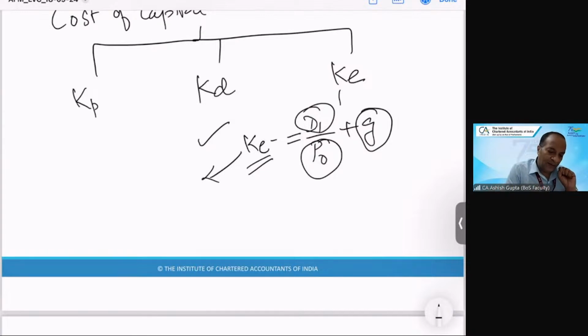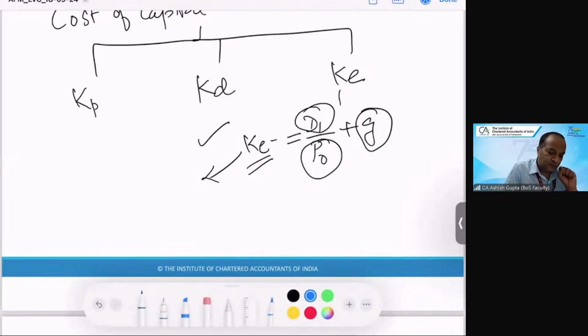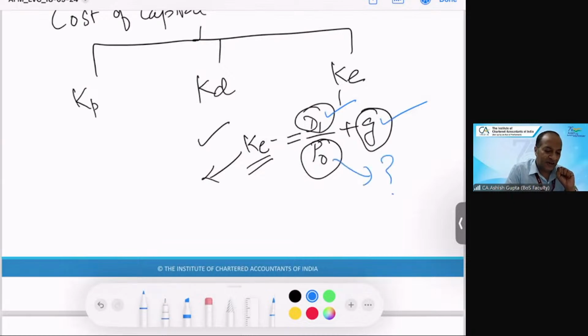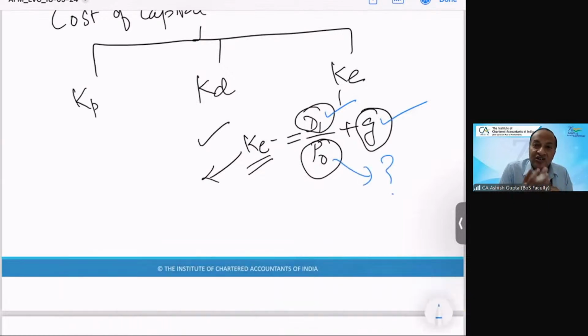Okay, when we have been given this value, this value will be with us, and we have to calculate this value. That is, how much justified price I should pay for buying any particular security. And from this we can also compute whether the share is undervalued or overvalued.